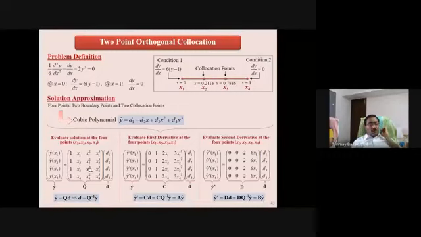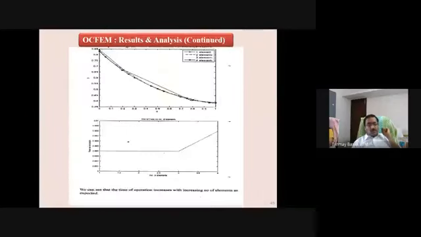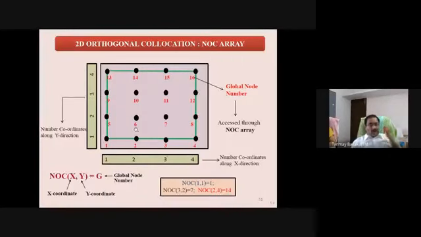But when you have 2 dimensions, you have 2 directions. Each direction should have an address. That means what? We talk about number coordinates. What is the role of number coordinates? If you see that this has 1, 2, 3, 4, and this has 1, 2, 3, 4. When I talk about this point, it is the second point along the x direction and the second point along the y direction. Not that interesting, I can tell you. But this point may be more interesting. Or this point, okay, if you talk about the 10th global point, it is the second point along the x direction, but the third point along the y direction.